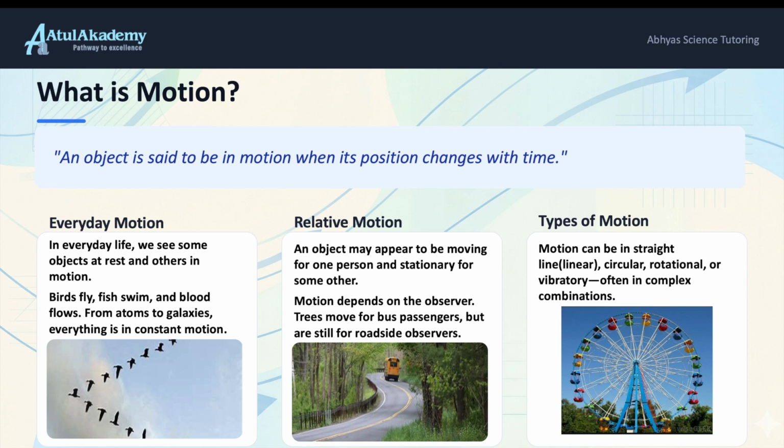What is relative motion? An object may appear to be moving for one person and stationary for some other person. Motion depends on the observer. Trees move for bus passengers but are still for roadside observers. Different types of motions. Motions can be in a straight line, called linear motion, circular, rotational or vibratory, often in complex